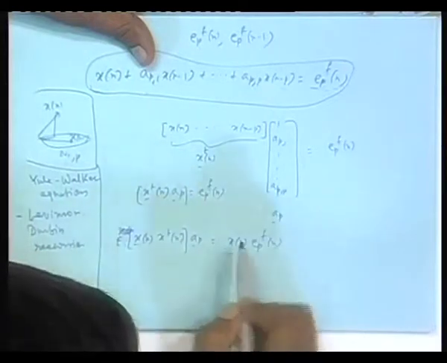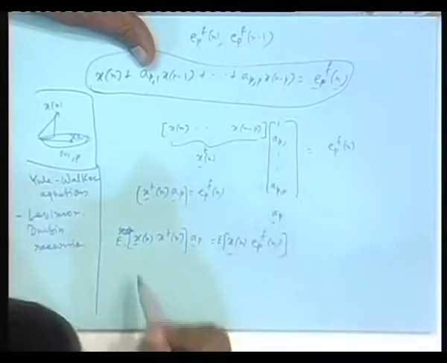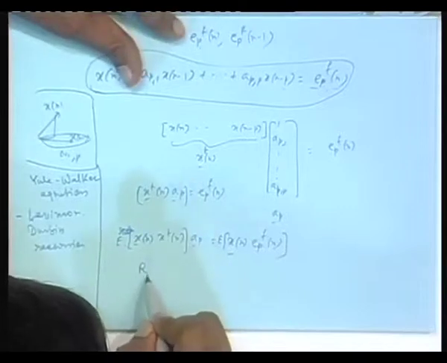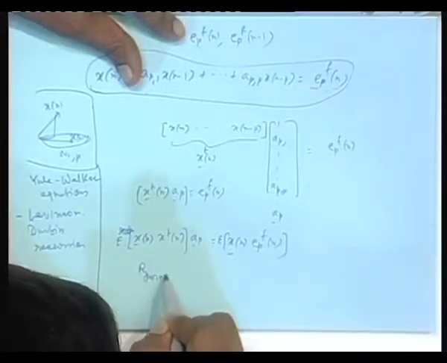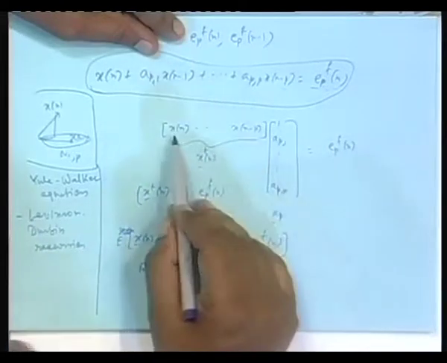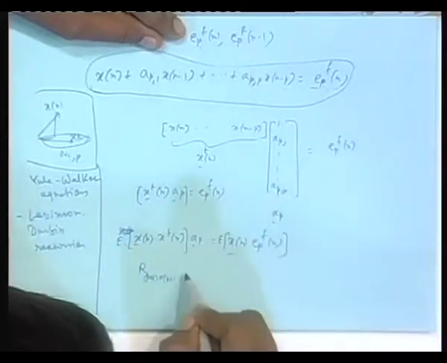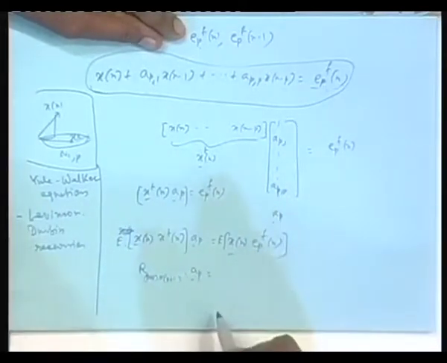That is our assumption. Remember, why A p is not random or A p is constant and all that, because of the stationary assumption that I made. Never forget that. That comes from the fundamental optimal filtering thing. Okay. Working on this E, this will be R, and again R independent of n because of stationarity. R what size? P plus 1 into P plus 1. After all, this vector has got how many terms? P plus 1 terms. Isn't it? So, R P plus 1 into P plus 1 into A p, and this vector here you see is a